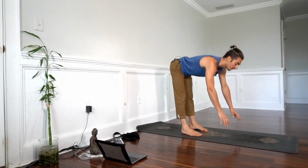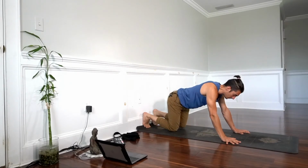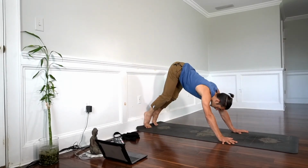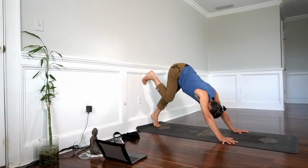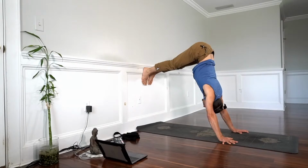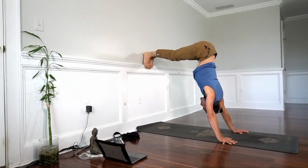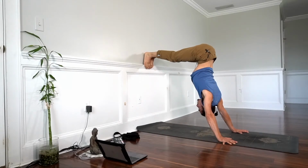So you take your hands a comfortable distance away from the wall. Don't worry about how close they are. All we do is down dog at the wall. You start with down dog and you take one foot any height up, shoulders up to the ears, and rise. If you want to go a step higher, you can. Next step is to keep your shoulders to your ears, but move your chest a little to the wall,